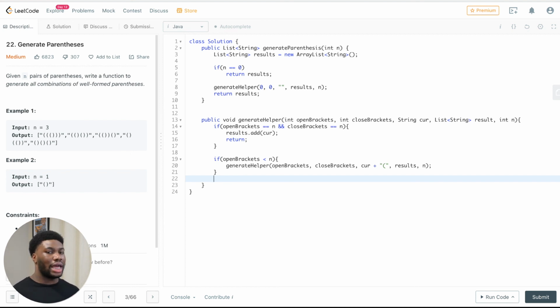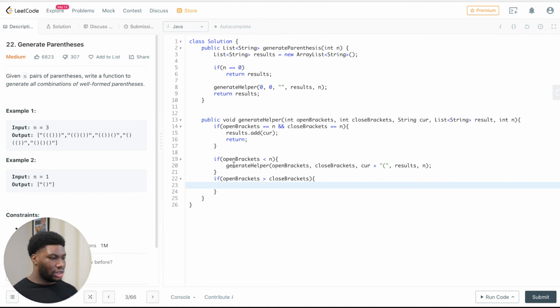Well, when we're done adding all the opening brackets, we now need to close those brackets as we create possible combinations. To do this, we will now use the closing brackets. How do we do this? Well, we can only apply a closing bracket if the number of opening brackets we've used is greater than the number of closing brackets. So we would make an if statement saying if open brackets is greater than close brackets, then and only then can we,